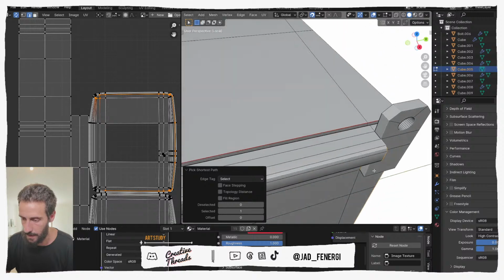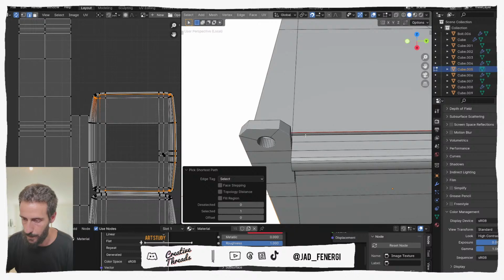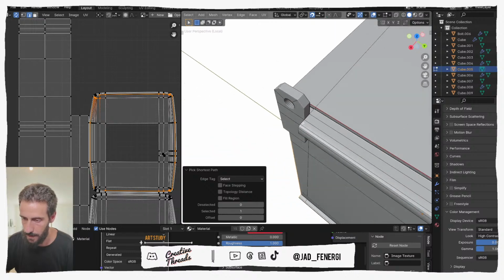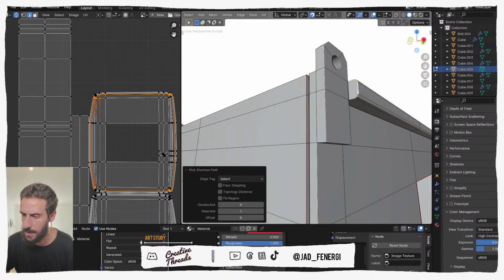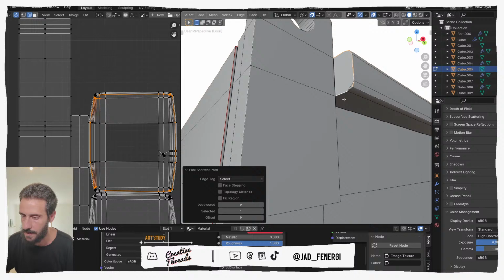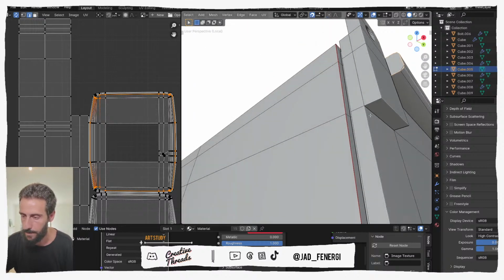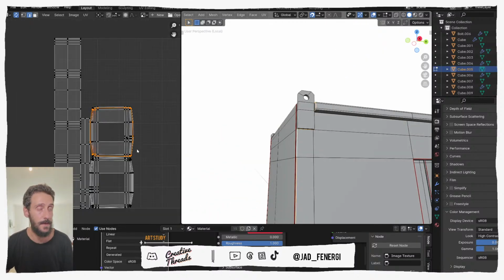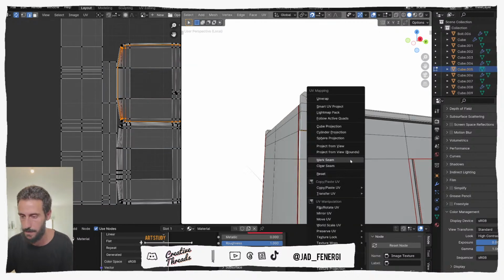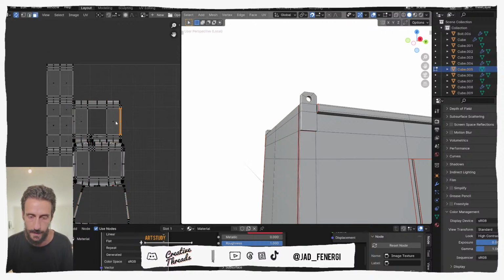Right, we can go back like this, maybe till here, go back here, and then let's go down like this. Remember, you can always unmark a seam, so you can fix the mistake, so you don't have to worry much if something is not working properly. And this, and this. Now if you check what's happening here and you press U, mark a seam, you're going to see, at least for this face, if I press L and move it,